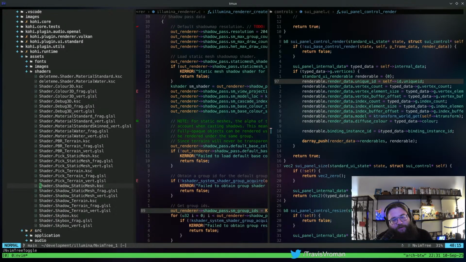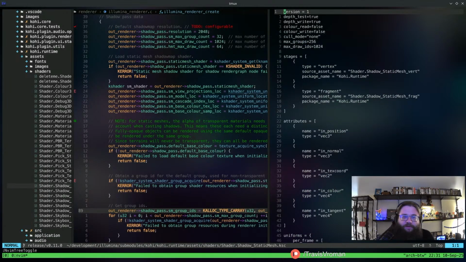Similar to how we did with the material shaders, which don't really reference these files and are defined in code, I kind of want to do the same thing with the Shadow Pass shaders. Not going to do it now, but it is something I've been thinking about.